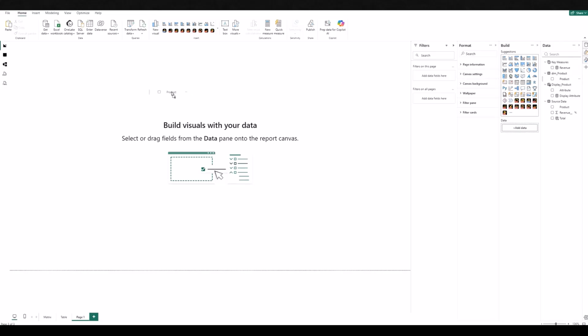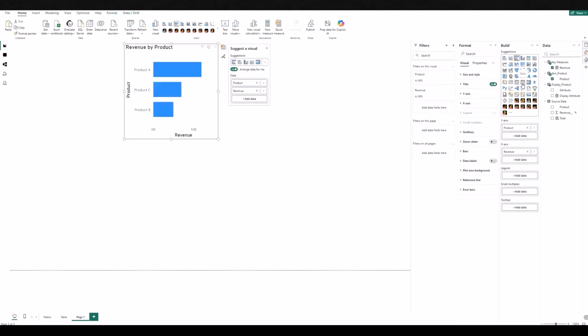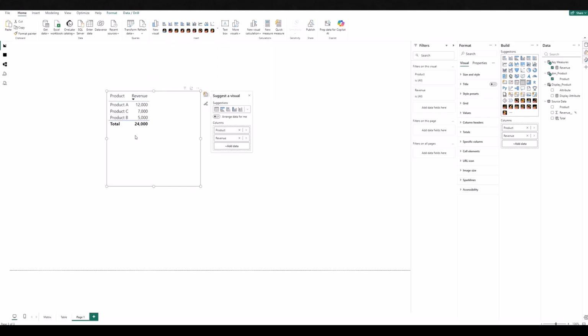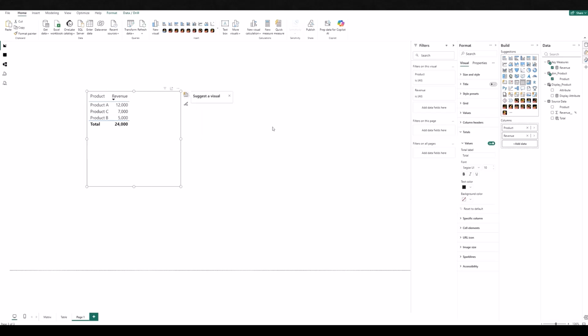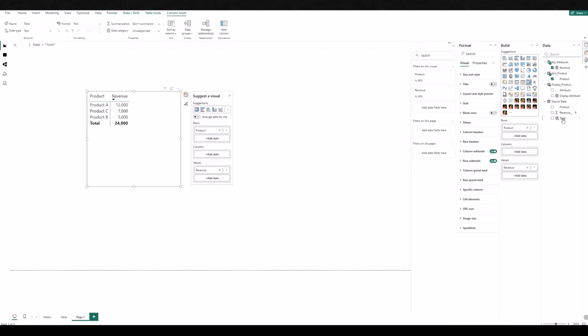So we have the product and we have the revenue. Let's switch to the table and see that the total is on the bottom. And for the total, we can have the formatting, text and background switched on and off, but that's it. We could not position where we want to put it with the native table. So let's move to the matrix, and there we can add just a tick with the total on the top